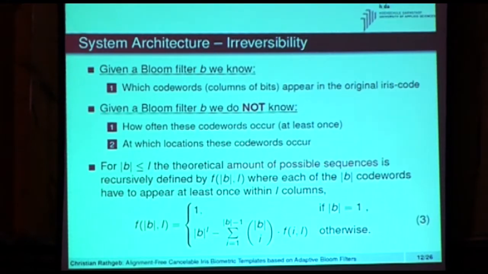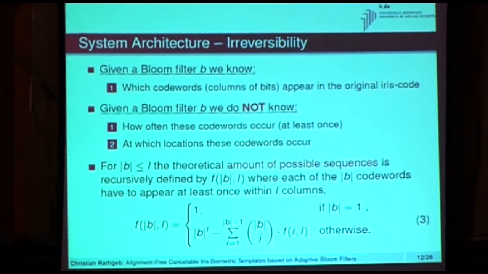Focusing on the irreversibility of the transform, given a Bloom filter B, what we know is which columns occur in the original iris codes because of the bits which are set to 1. However, what we do not know is how often these code words occur. We only know they occur at least once, and we do not know at which locations these occur. So we need to estimate what is the amount of possible sequences which could lead to a given Bloom filter B. So we have the values, the norm of B and the amount of columns which have been mapped to